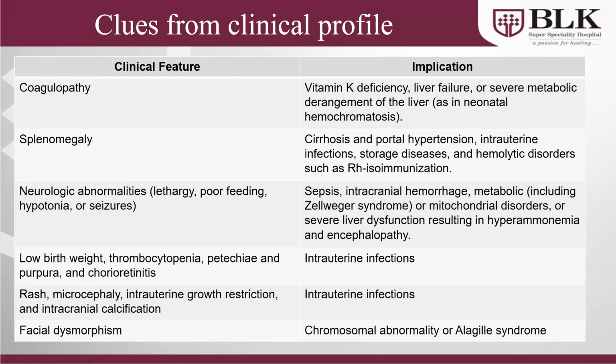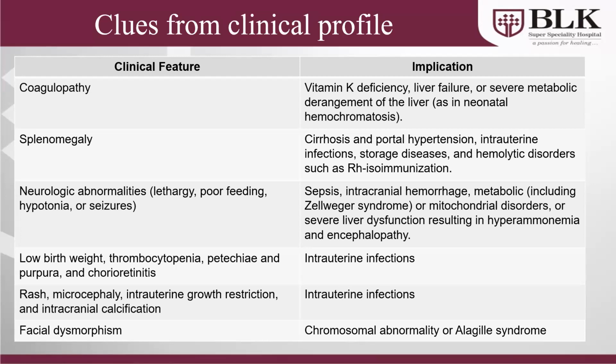If there is underlying associated splenomegaly, it can be due to cirrhosis and portal hypertension, and as in advanced cases of metabolic disorders and biliary atresia. It can be due to intrauterine infections like torch infections, storage disease like Niemann-Pick disease, and hemolytic disorders such as RH isoimmunization. If there are associated neurological abnormalities, it can be due to